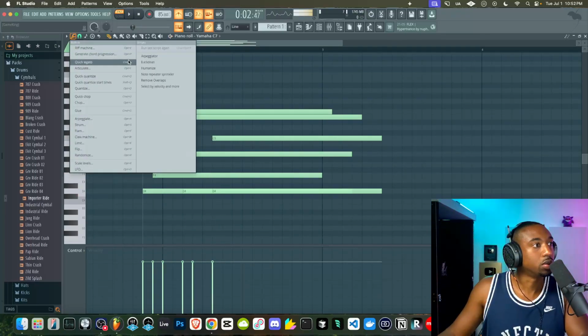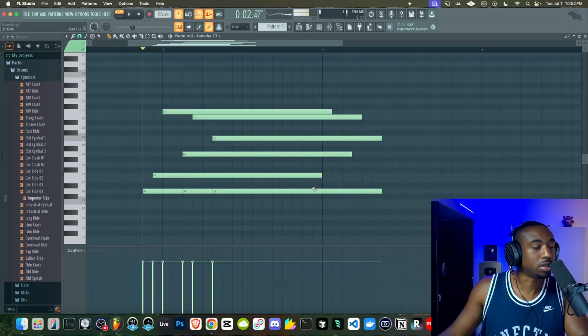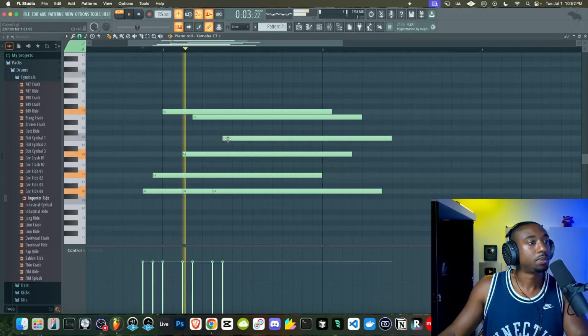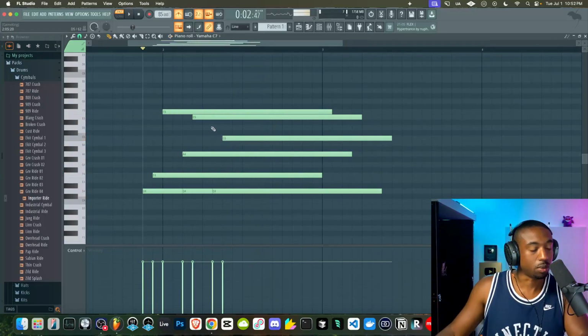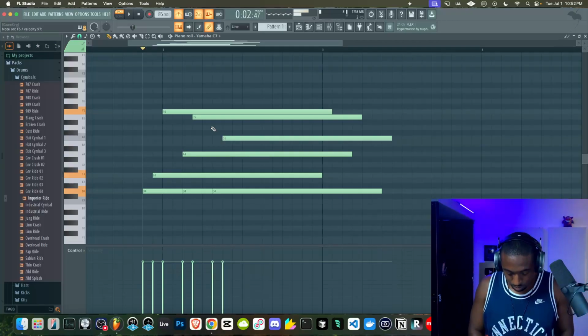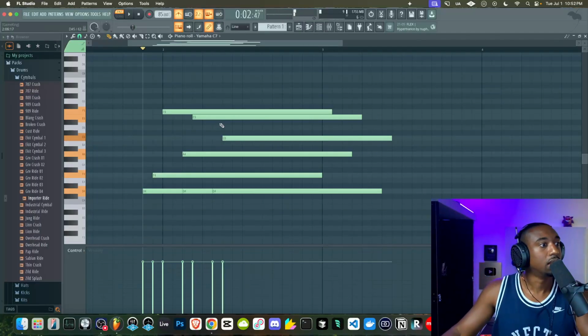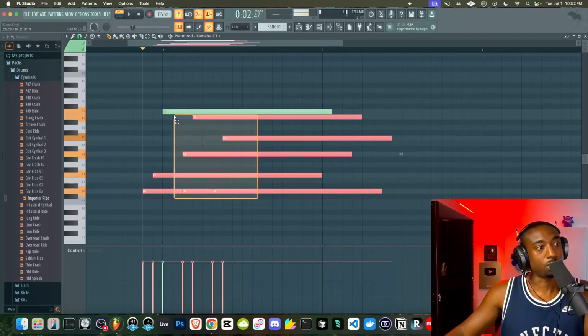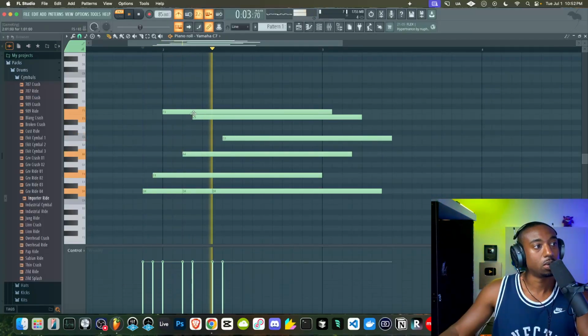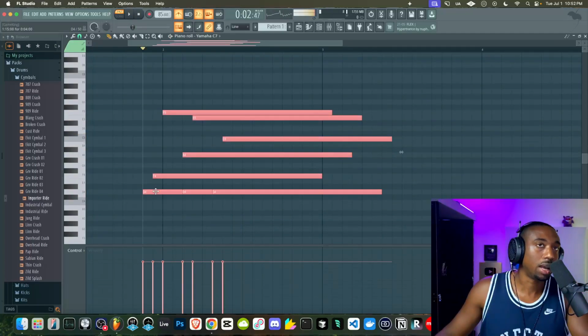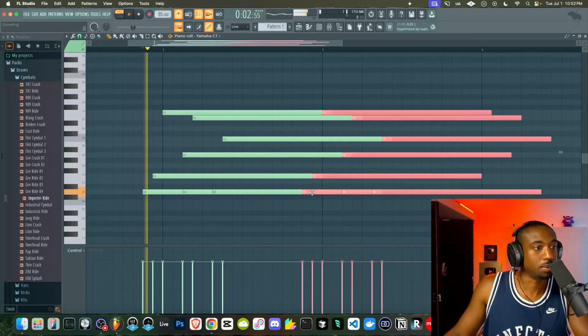Okay, so let's go to the tools. Let's go to remove overlaps. You guys could download this script from the ImageLine forums. Okay, so now we have the rhythm. Okay, so we're basically playing a chord is my point here. We're playing a minor ninth chord. And then we can repeat this, hit shift, hit control, highlight all the notes, hit shift, left click to drag them.